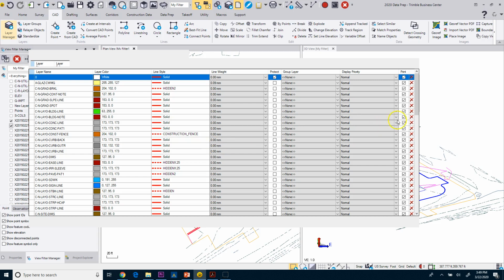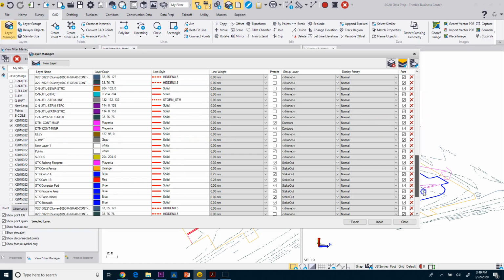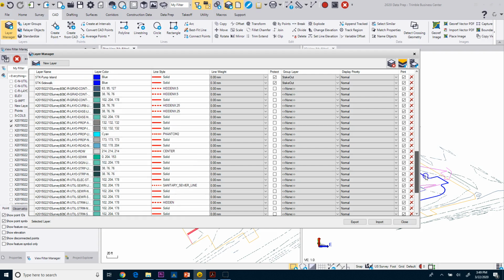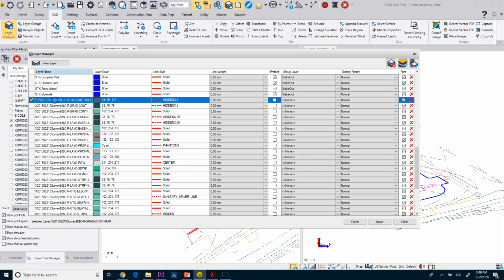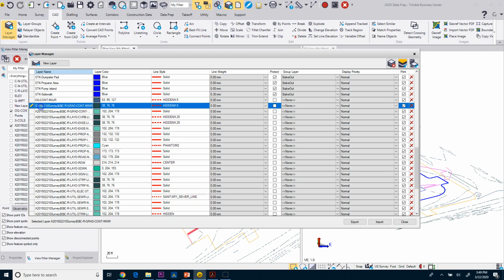I'm just going to roll down to this, go to the front of this, delete all this other stuff, and change this to OG dash contour major, and